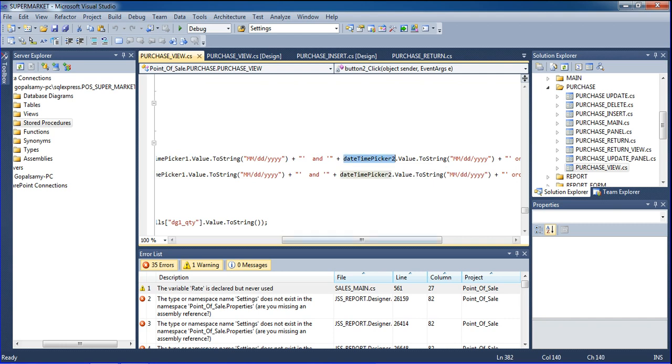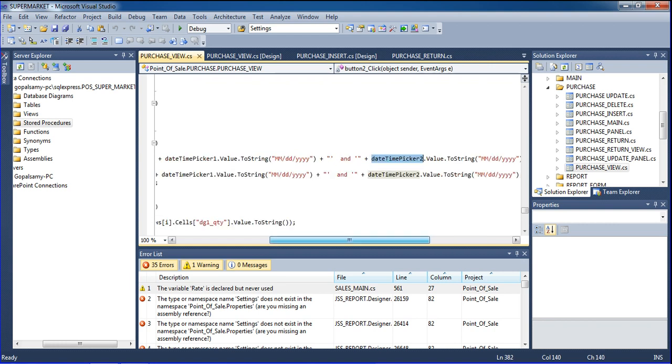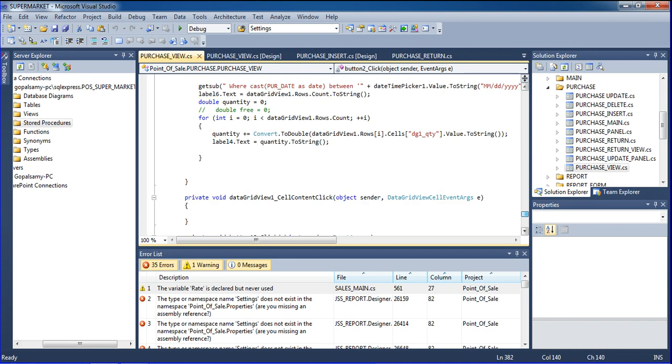Ordered by ID, because we want to search ordered by ID, so all the records are fetched here and automatically come from the database to this grid view, grid view 1. Quantity and everything is listed here. Like this, this is the code event for searching date by date.